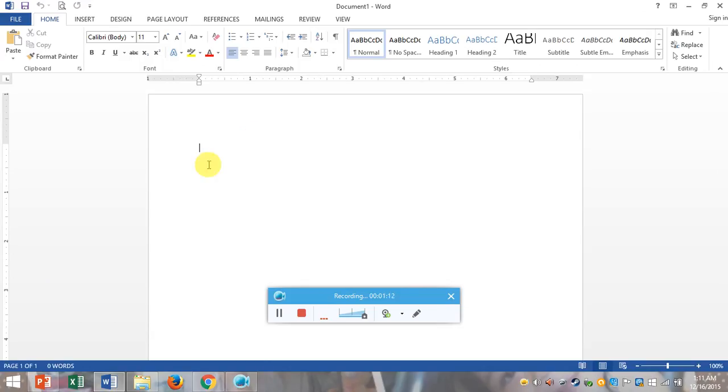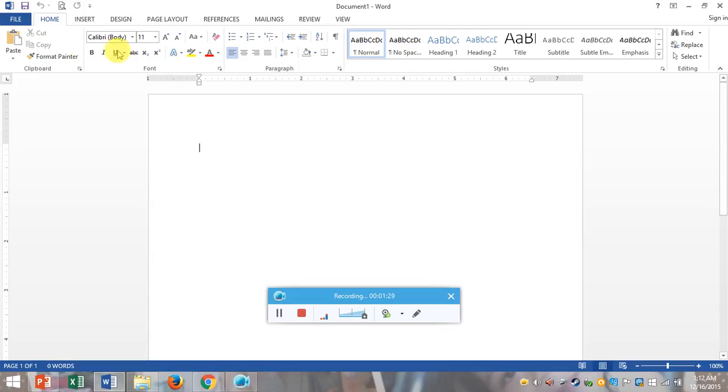Word 2013 uses a tab ribbon system instead of traditional menus. The ribbon contains multiple tabs, each with several groups of commands. You will use these tabs to perform the most common tasks in Word.